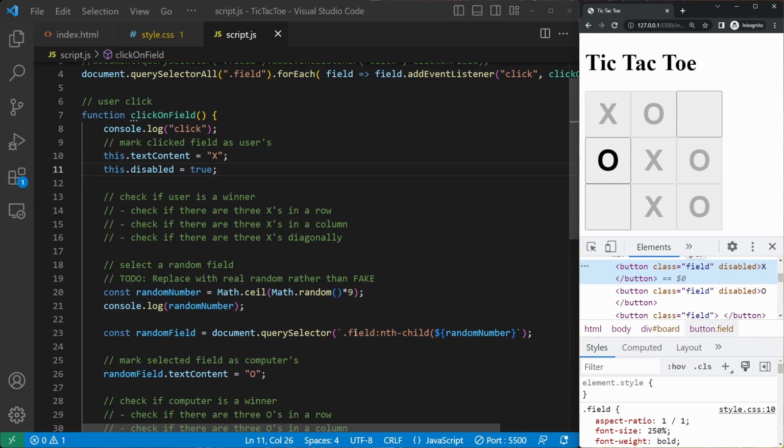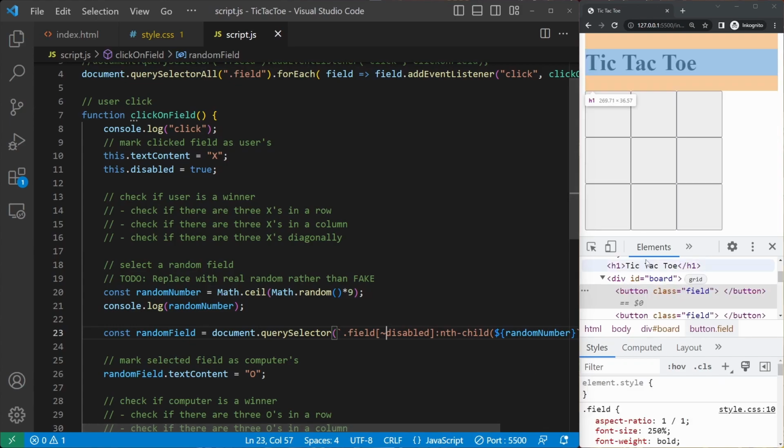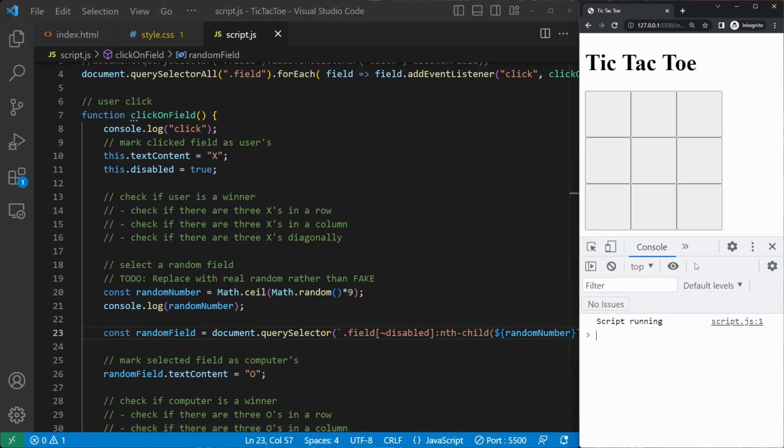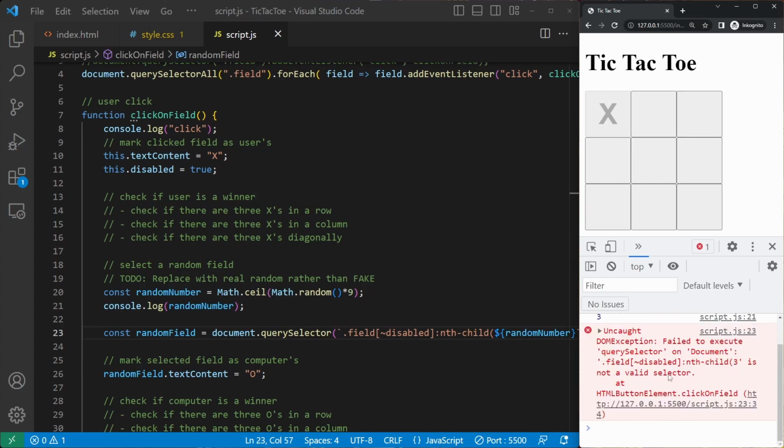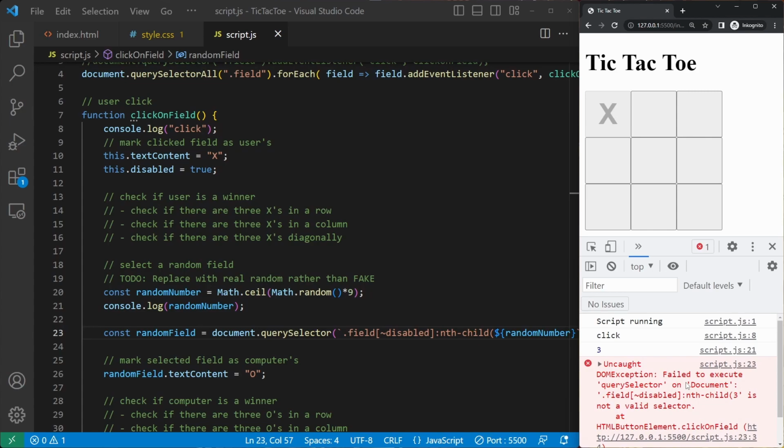So I could say field attribute disabled. Is it like this that I do it? Console and then select. No. How do I select a field that isn't?